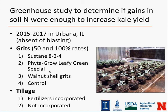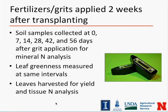And we were using, again, Sustane and soybean meal, and then we included walnut shell and then no application. And then we were curious whether or not a soil incorporation, like a simulated tillage, might help to release some of that nitrogen and maximize the value. And so we took soil samples every couple weeks and looked at mineral nitrogen in the soil. We looked at leaf greenness as a proxy for nitrogen uptake, and also looked at some tissue N analyses and